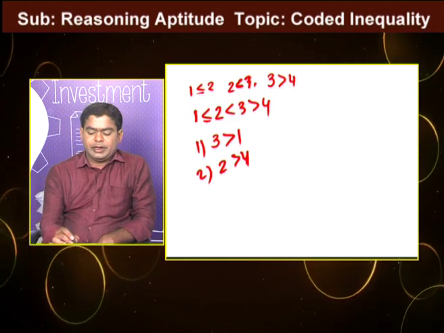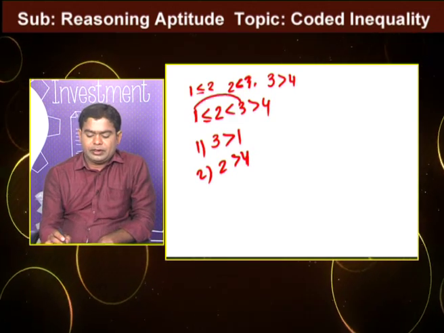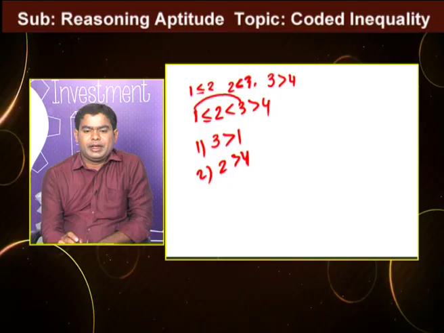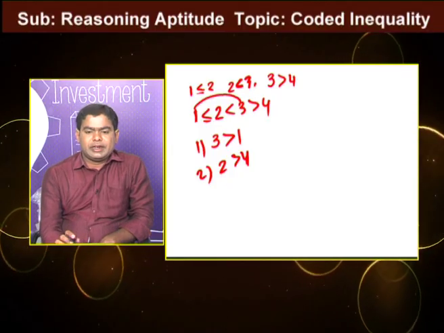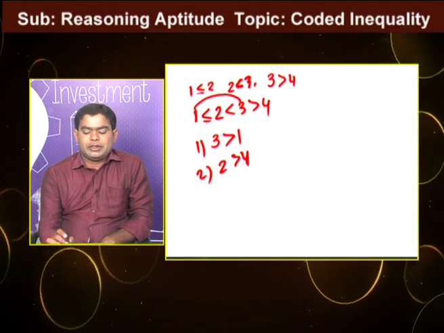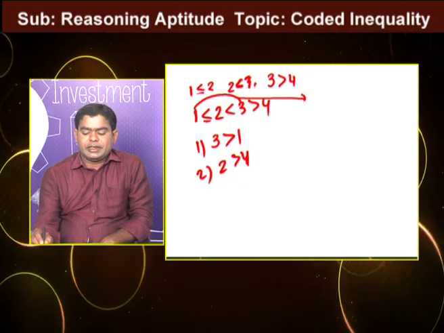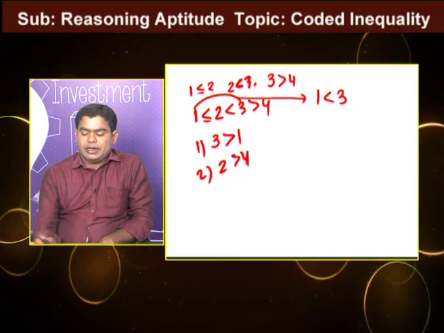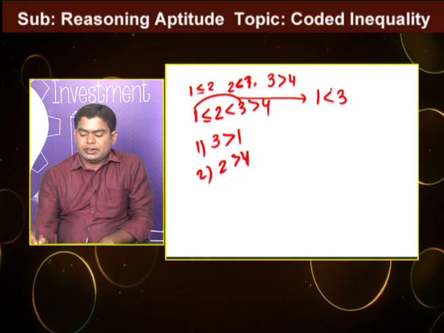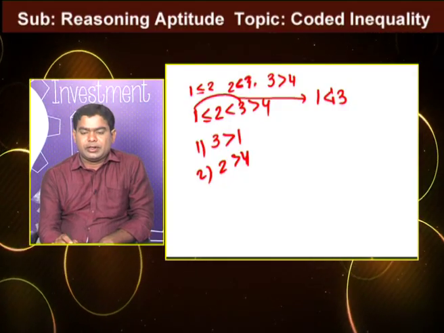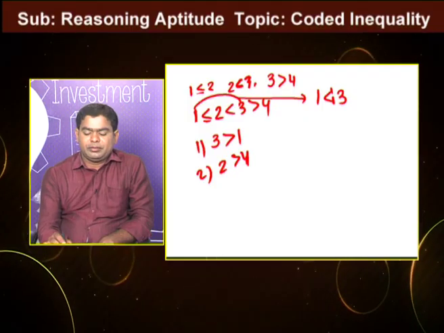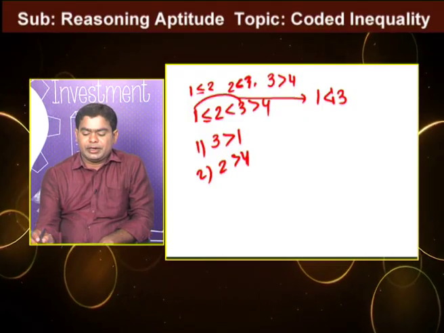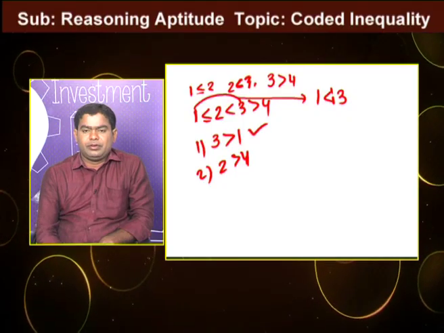So we verify the relation between 1 to 3. By observation, for 1 to 3 the common inequality is less than or equal to, less than. That means only common inequalities exist. That one is 1 less than 3. By observation arrows are towards the 3 side. In our conclusion also the arrows are towards the 3 side. That means the conclusion is satisfied by the given statement. That means conclusion 1 follows.